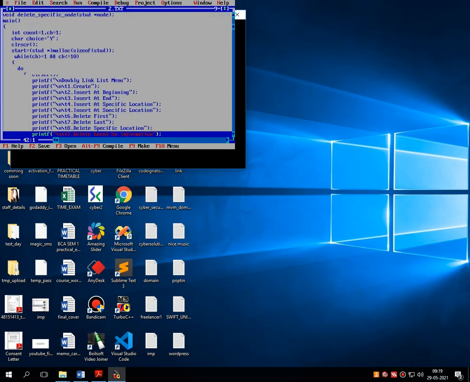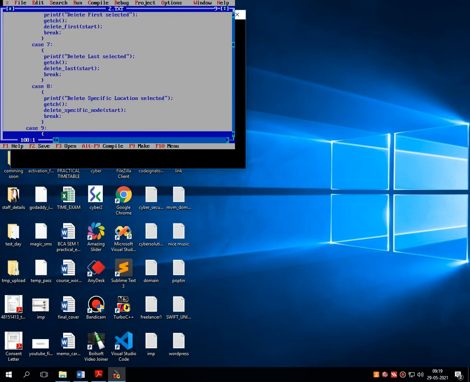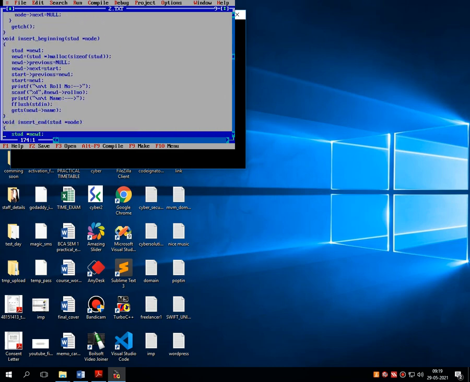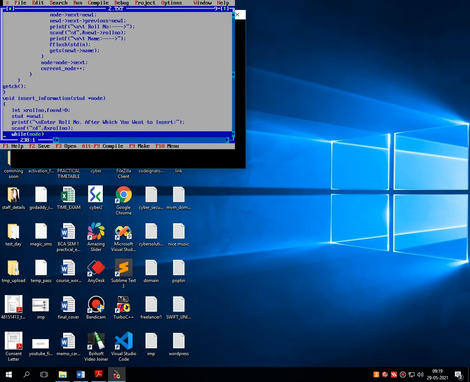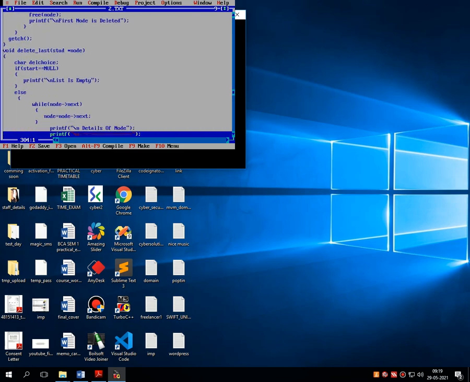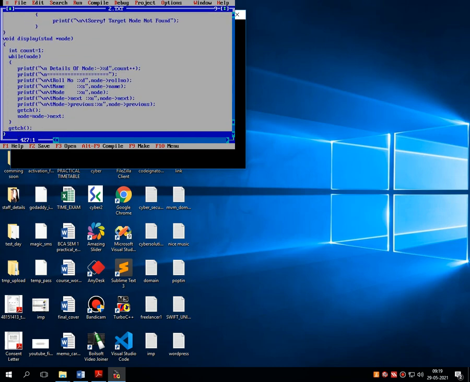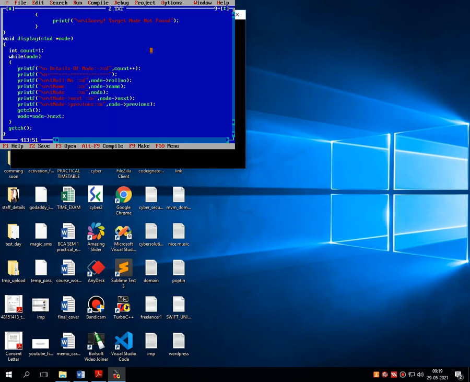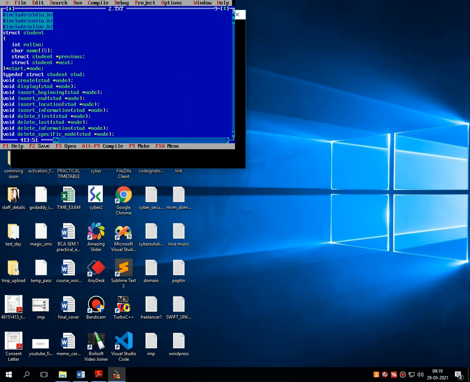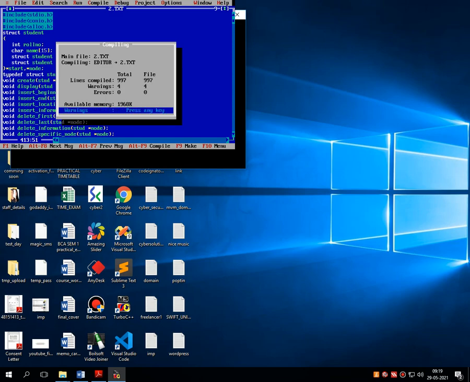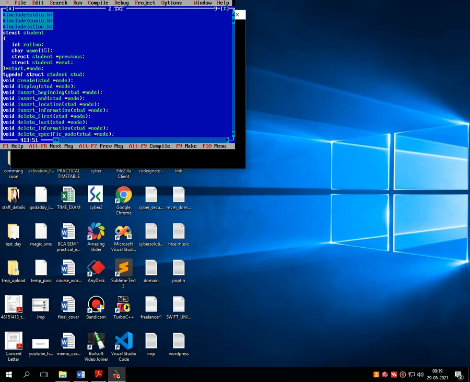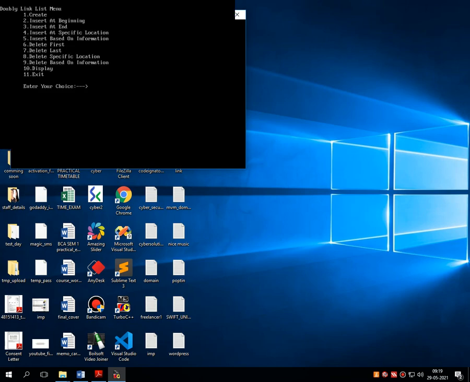The total number of lines required for implementing this code is near about 427 lines. Let's see whether this code works or not. There are no syntactical errors and no warnings. Execute that particular code.